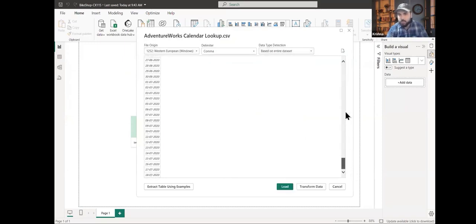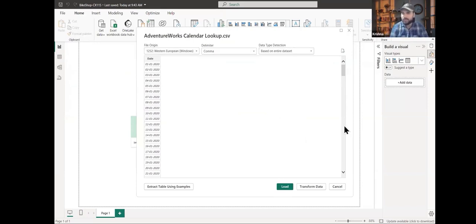Here we need to go to two options. Load means loading it to the front end. There is no use of loading it directly to the front end. When you click on transform data, you bring it to the Power Query editor. That's where you are doing the transformation. Getting the point? So we never use the load option at the start. We always use transform data to bring it to the Power Query editor.